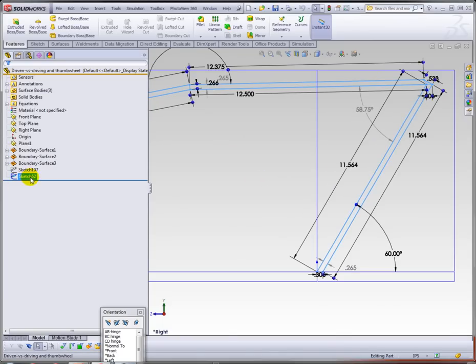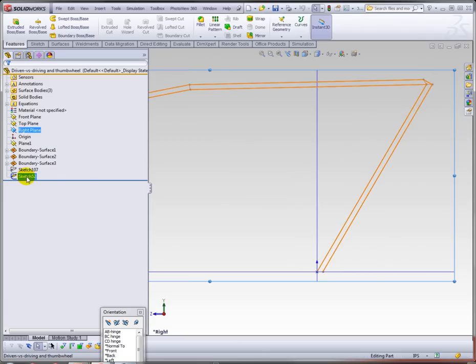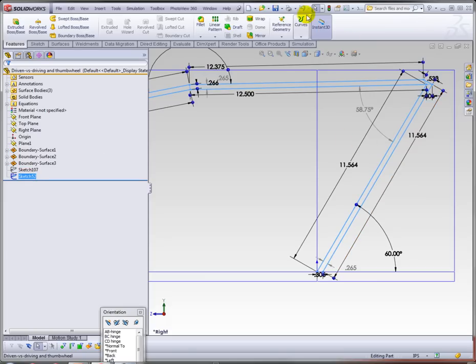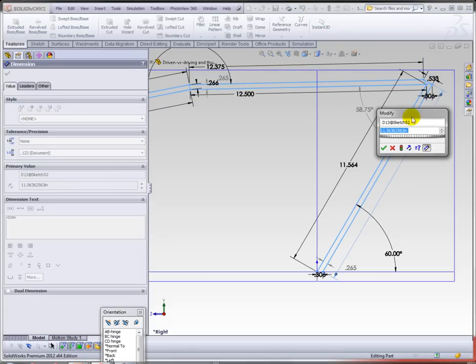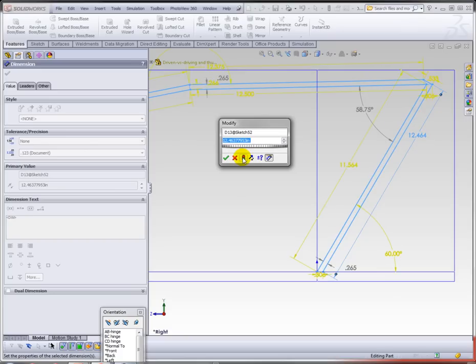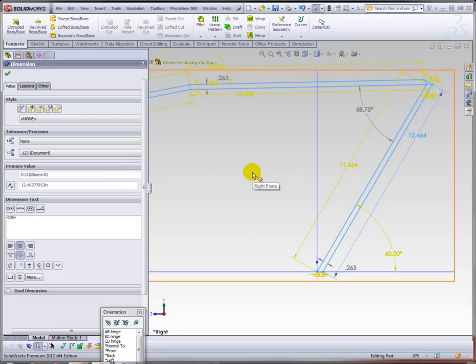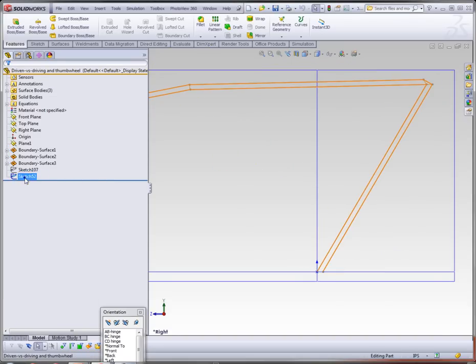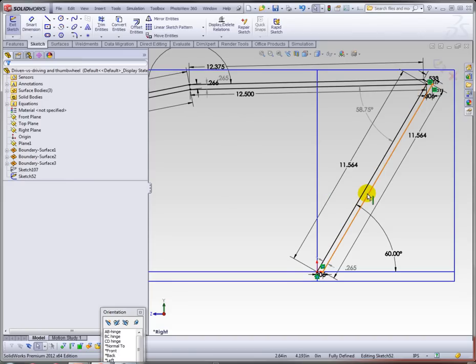Let's go in and edit that sketch. And so let's do it with this dimension here. Now, if you have Real View on, sometimes it is difficult to get to that. So I'm going to turn that off. Click on this, and you'll notice when I change the wheel, it will update the dimension. Now in this case, because my sketch is so driven, the value that I've entered just over constrains it. So this highlights a feature of the thumbwheel that's pretty important, and that is the ability to change the